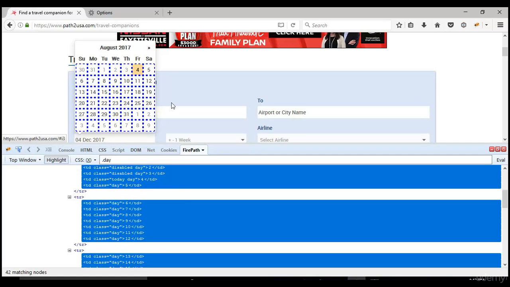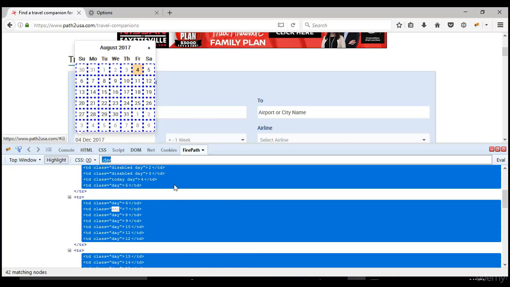Tomorrow the class might be different. When you are working in your website, in your project, the class might be different. So just grab the concept from the lecture in identifying the unique date and use that across whatever website you are working on. In this particular website, the class name is day, which is common to every date. That's why when I say class name day, all the dates are selected.